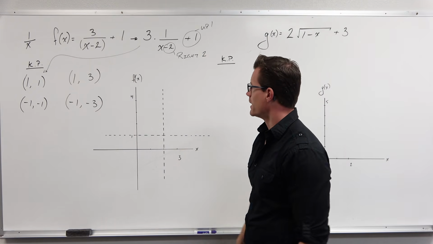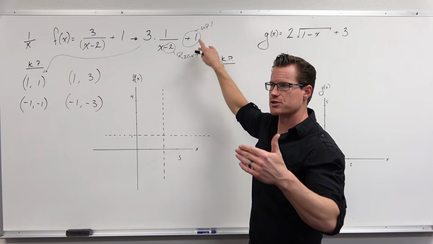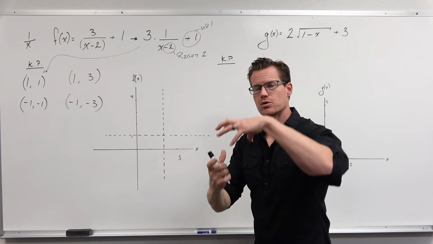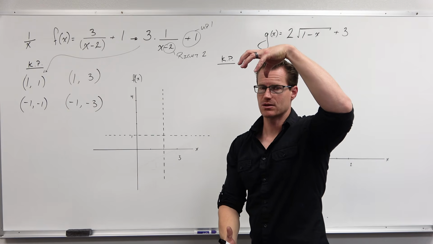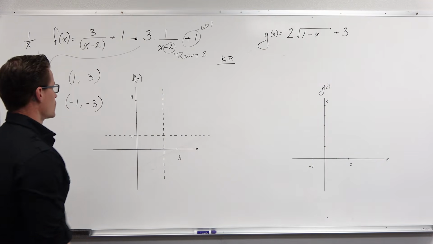So we're going to graph that. If you want to write the transformations, you'd have a vertical shift up 1, a horizontal shift right 2, and a vertical stretch by a factor of 3. It's taking your output values and multiplying every single one of them by 3. Okay, so